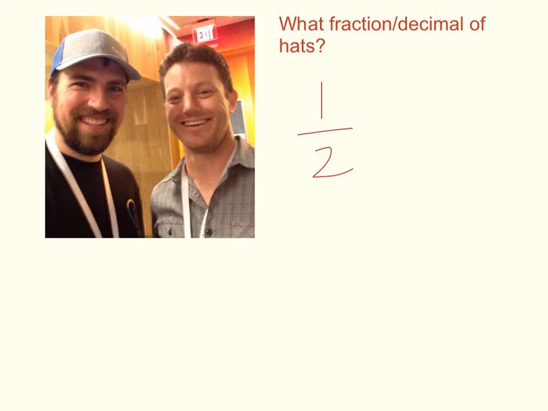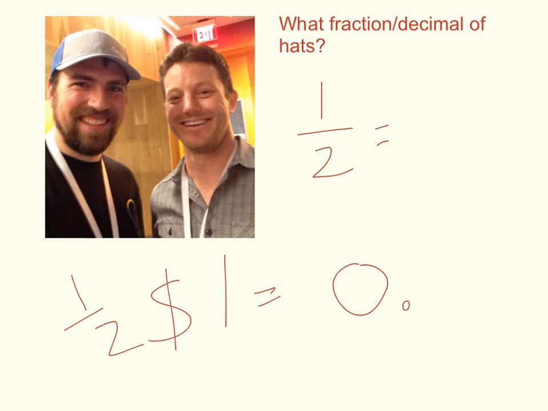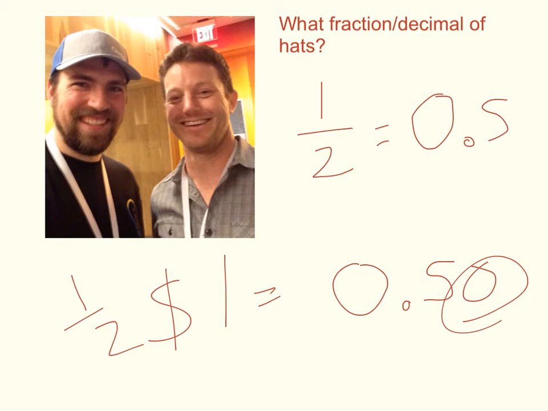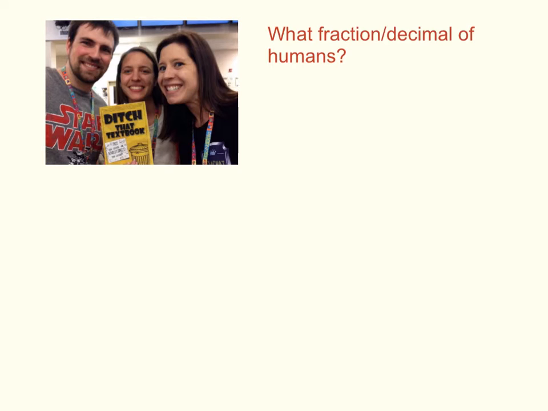1/2 is one way to represent it with fractions. You can also represent that with a decimal. So half of a dollar, this is how I remember. Half of a dollar is 50 cents. And to represent 50 cents, we do 0.50. So 1/2 we can say is 0.5 because remember this 0 doesn't really matter. So that's pretty straightforward. The next one is also represented as, I like to think of it in terms of